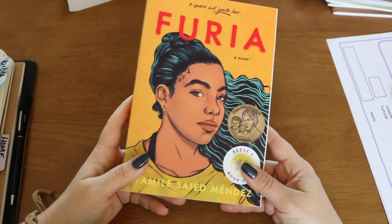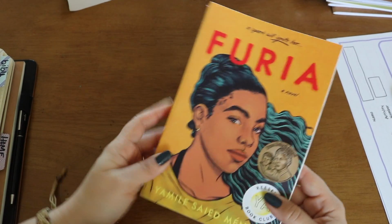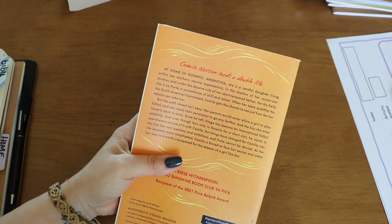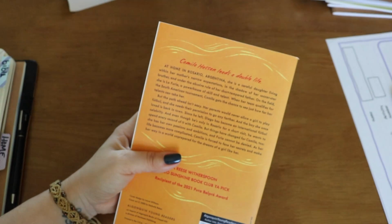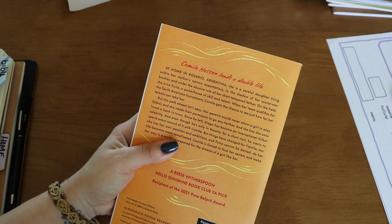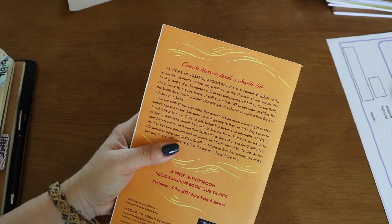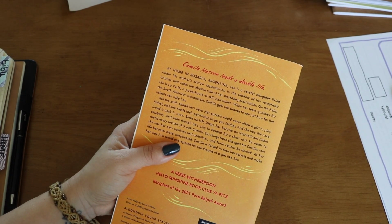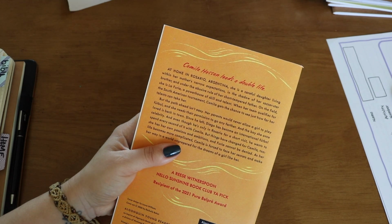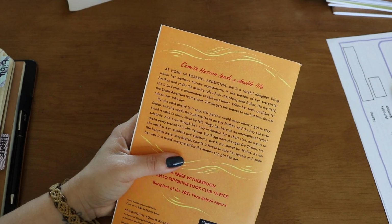What my teens are reading. So my son just read this for a student athlete course I put together for him, and my daughter will be reading it next. Furia, a novel, is about a young girl, Camila Hassan, and she leads a double life. At home in Argentina, she's a careful daughter living with her mother's narrow expectations and in the shadow of her soccer star brother. But on the field, she is La Furia, a powerhouse of skill and talent. And when her team qualifies for the South American tournament, Camila gets the chance to see just how far her